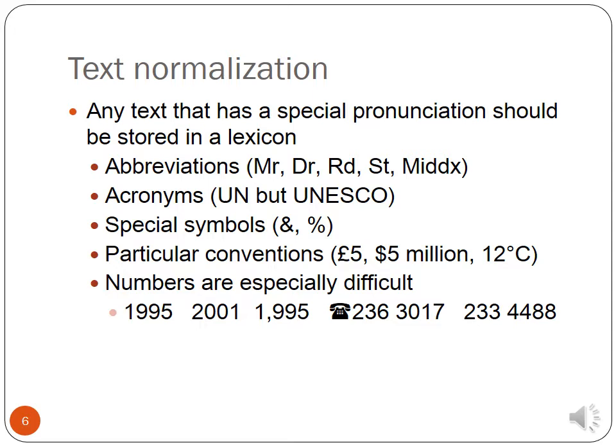Acronyms, we can have UN for United Nations, then we have UNESCO. So what should we say? Should we say UN? We can use UN, the UN ambassador. But then sometimes we may need to tell people exactly what UNESCO is. So it depends on the syntax that you want. Do you want UNESCO to be read out loud, or do you want it to be also read as an abbreviation? Okay. So things like this, all these are supposed to be stored in lexicon, which should eventually be normalized